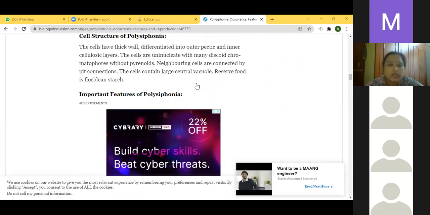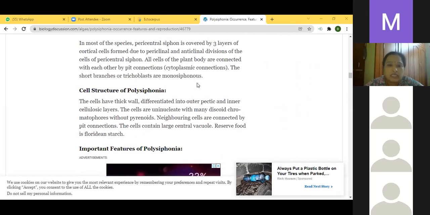And what are the important features of Polysiphonia? First one is the cell. The cell is made up of two layers, outer layer and inner layer. Outer layer is made up of pectin, inner layer made up of cellulose. The cell has a uninucleate discoid chloroplast. Pyrenoids are totally absent. Neighboring cells are connected with pit connections. Large vacuoles are present. Another very important character here, reserve food material is